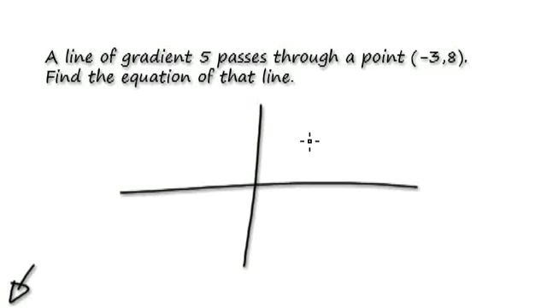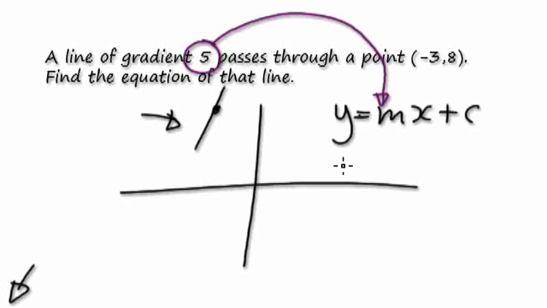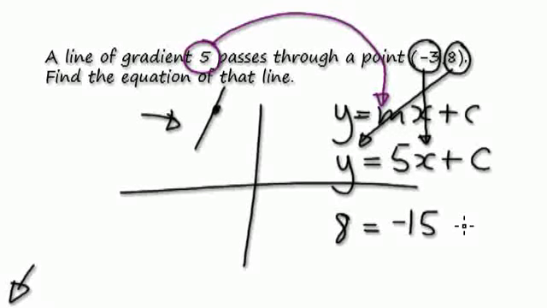Okay, so as usual, just quickly sketch this. Minus 3, 8, gradient of 5, so it's quite steep. It's something like this. Find out the equation for this line. Well, it's a line, so jump to y equals mx plus c. Now that you know the gradient, put the 5 into here. So y equals 5x plus c. Now use this point. This is your x, so let's put that in here, and this is your y, so let's put it in here. So it will be 8 equals 5 times minus 3, which is minus 15,